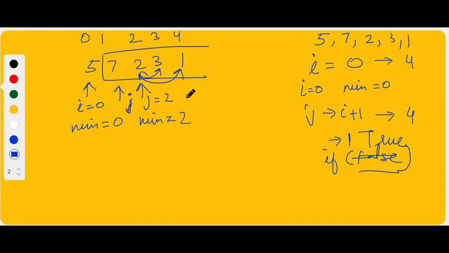Okay, so that means j is 4. J is 4 is given to min, min becomes 4. Right? So we found the smallest element in the first pass. So this is the first pass, the smallest element was found. And now after the inner loop ends, before the outer loop ends, we are going